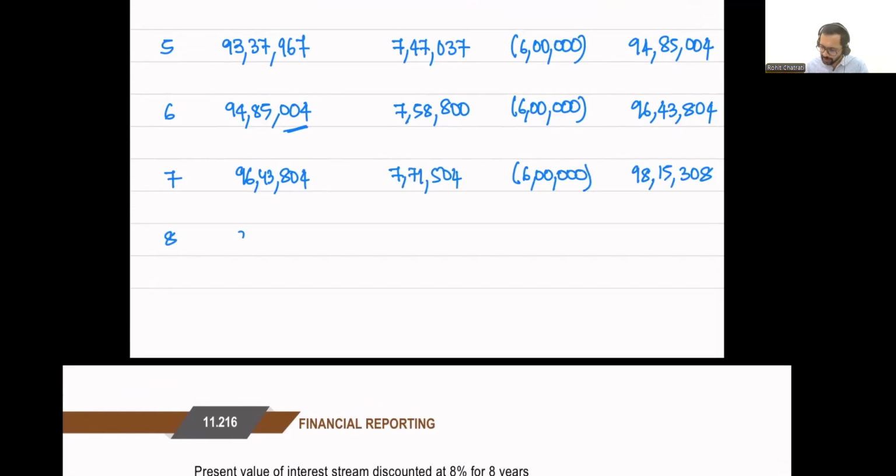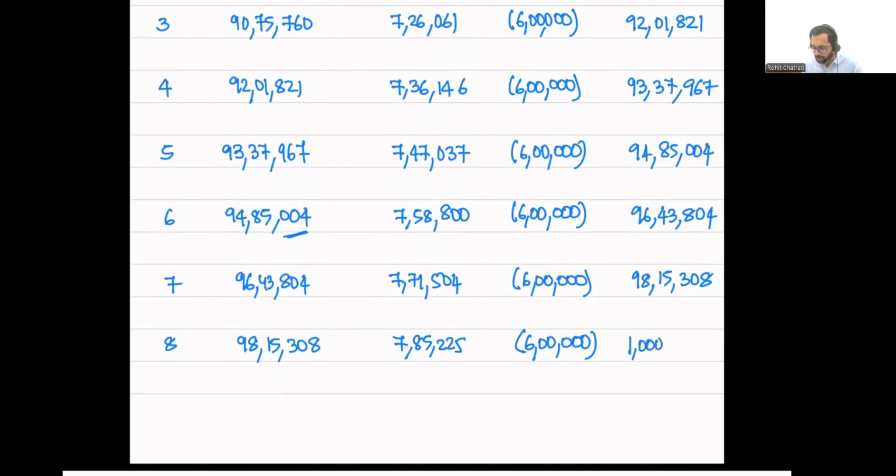For year 8, again I have a beginning balance of 98 lakh 15,308. I calculate interest at the rate of 8 percent, which is 7 lakh 85,225. I then have a cash flow of 6 lakhs, and I will be left with a closing balance of 98,15,308 plus 7,85,225 less 6 lakhs, which is equal to 1 crore